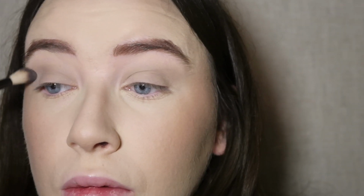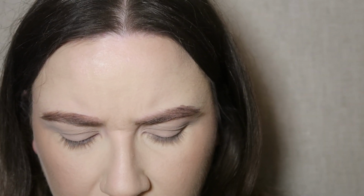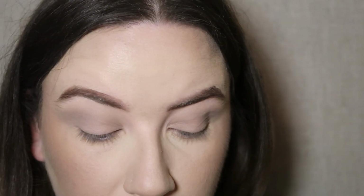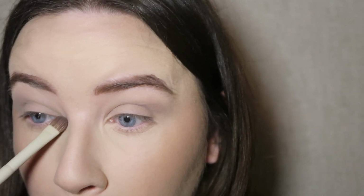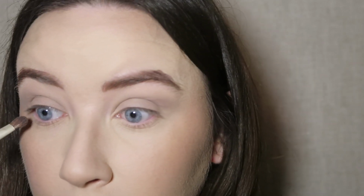Same with this eye. And then I'm going to go in with a bit of this, whatever, just to make it a bit greyer. It's got a slight purple tone. And then I'm going to run those grey colours, the first ones that I used, so Skimp and Supermodel, just under. You're not going to see it, but again it's just adding something there, adding the same colours from the top on the bottom. And I'm coming quite low down with it, and I'm going to go in with a bit of that whatever as well. So all the colours I'm putting on the top